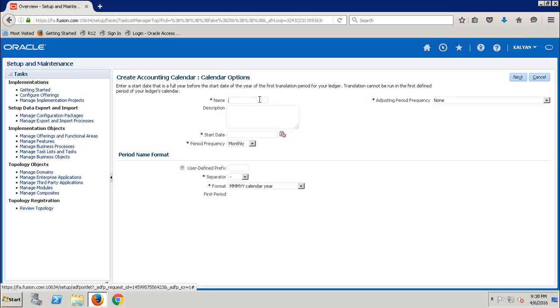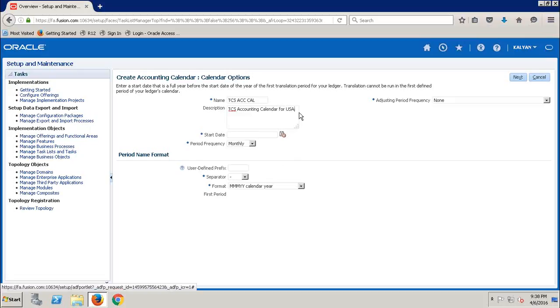I'll give the name for our accounting calendar. We are not creating any period type here like EBS. I'm going to give the accounting calendar name as TCS accounting calendar. I'm giving the short name. It won't accept this long name and all. The short name only, it will accept limited characters. Here I can write TCS accounting calendar for USA